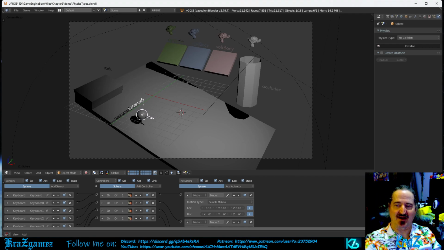Okay, collision proxy. Setting an object to no collision completely skips the collision detection on the object, which can speed up the game considerably on a high polygon mesh. A high poly mesh will slow it down to a snail's crawl if you have collisions on it. A common practice, which I do on my projects, is to set the high poly mesh to no collision, and then manually create a simplified collision proxy mesh object that approximates the shape of the high polygon